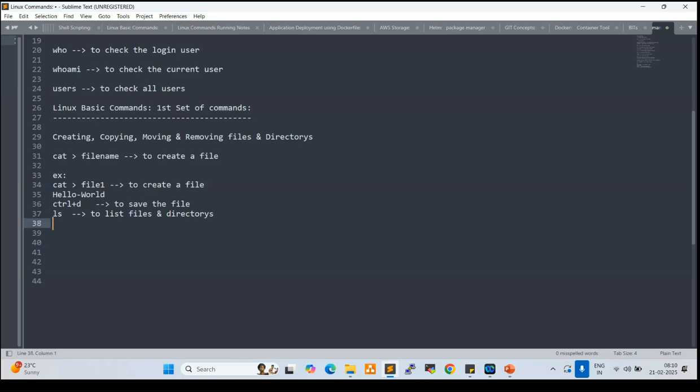Once you give the ls, it will show you file1. In file1, data is already there, hello world. Now I want to add a few more lines in file1, which is appending the lines.